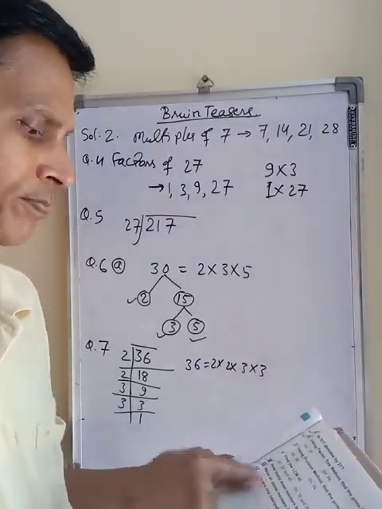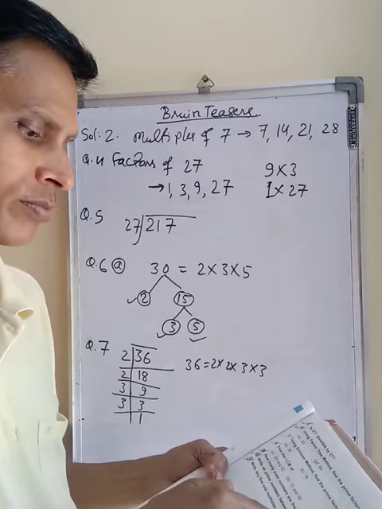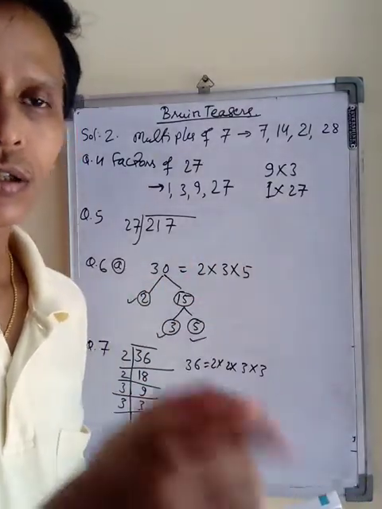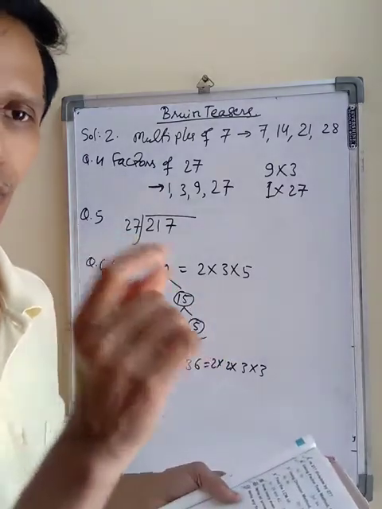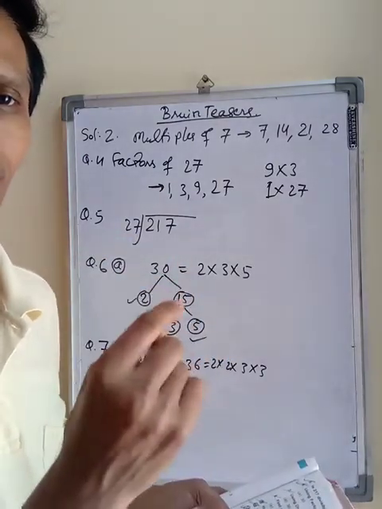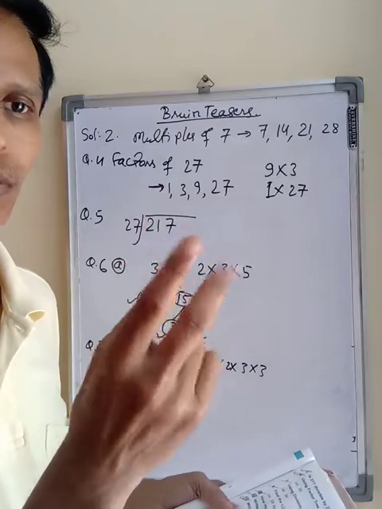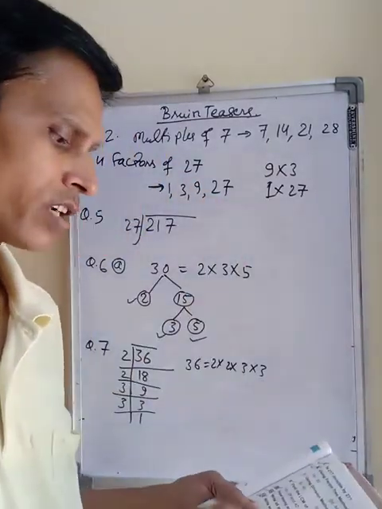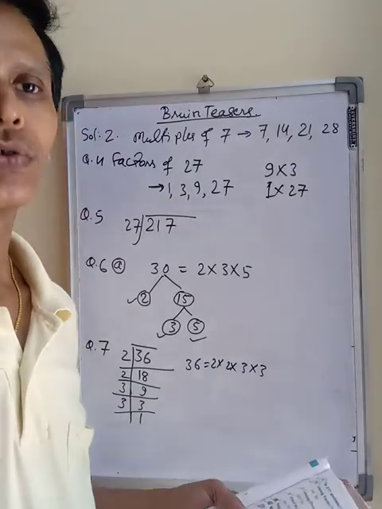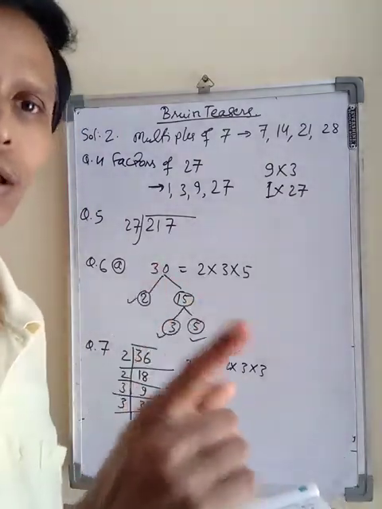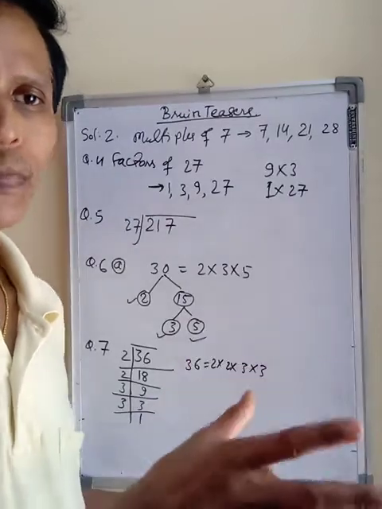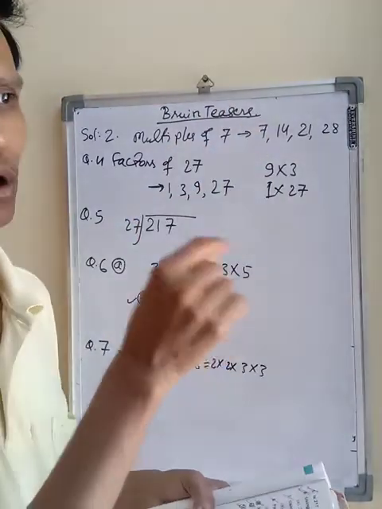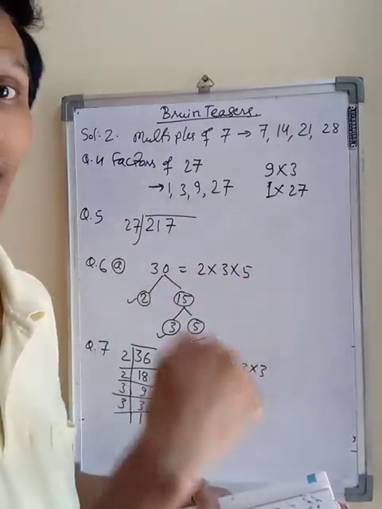Question number 10, write all prime numbers between 50 and 80. Between 50 and 80 you look for numbers whose factors are only 1 and the number itself, those will be prime numbers. So you make the list. One more method is there for finding primes from 1 to 100, using a chart. One day I will show you how to find the prime numbers. One trick is there.